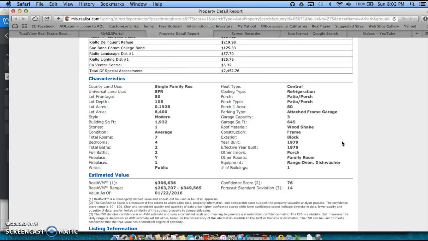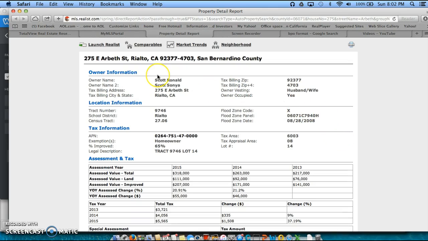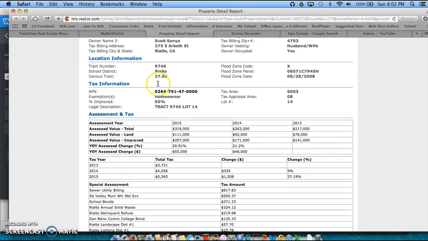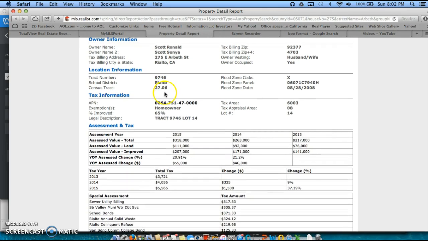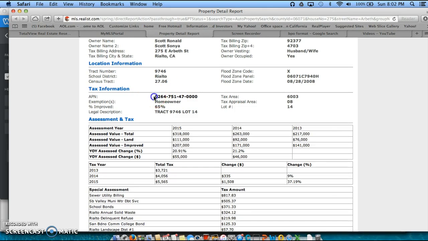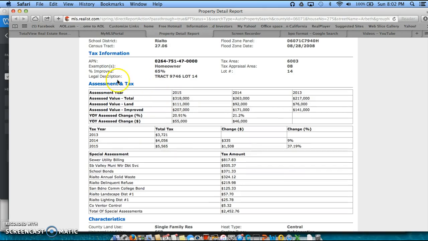What's really nice about this is if we just printed this page alone, it gives us who the owners are, gives us information on the location, gives us the assessor's parcel number, which we'll often need if we're going to be placing offers on properties. That's basically the social security number or the tax ID number for that particular property. It tells us tax information for the last 3 years,